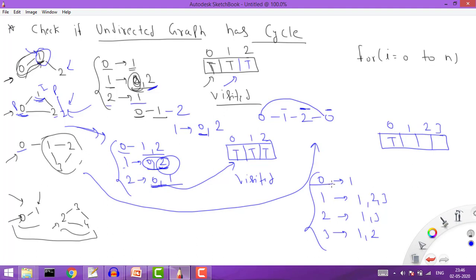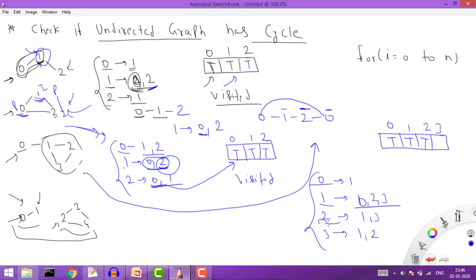So first of all, it is giving me 0. For 0, we have only one neighbor, 1. So it means I will recursively go to 1 and I'll mark this value as true. Now for the 1 check. For 1, I have 0, 2, 3. These are the neighbors. Now 0 is the parent of 1, so it means for this we can't do anything. Now for 2, 2 is not visited here. It means I will recursively call this 2. So I'll mark this value as true and then I will check with this 2.